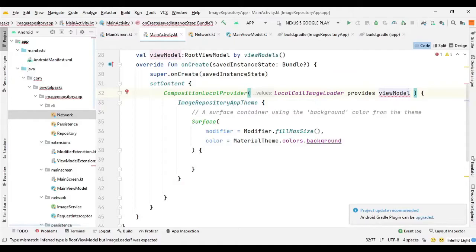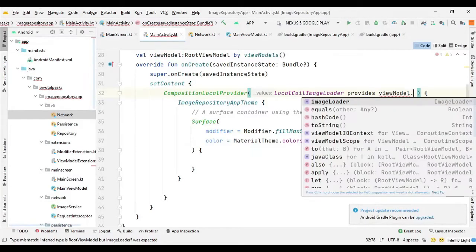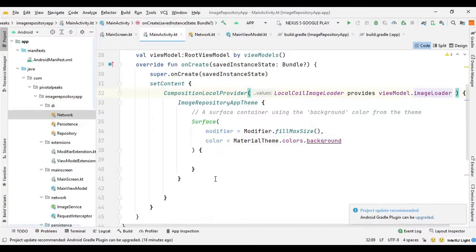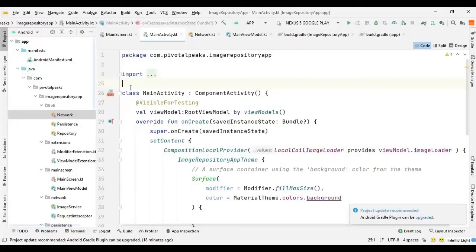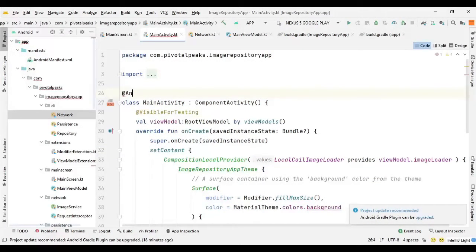So we can say imageLoaderViewModel.imageLoader, and then we need to provide an annotation for this main activity so Hilt can know that this file is the entry point of this app. So we can just say here @AndroidEntryPoint.